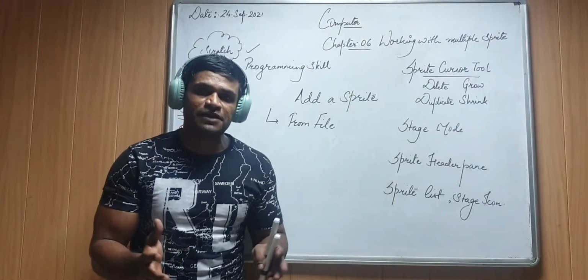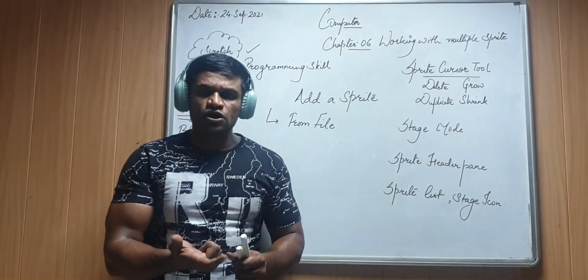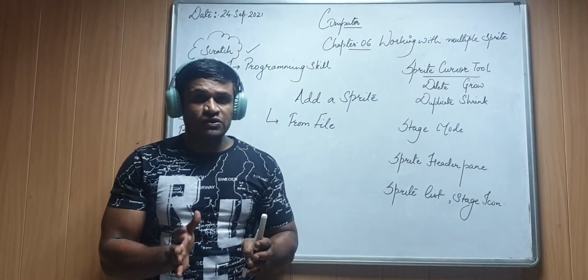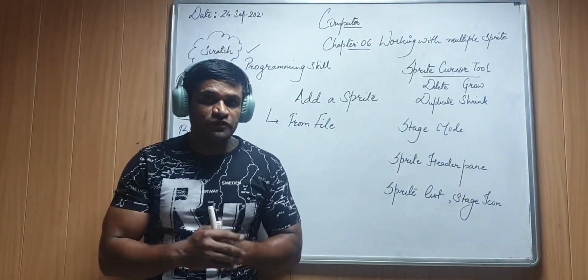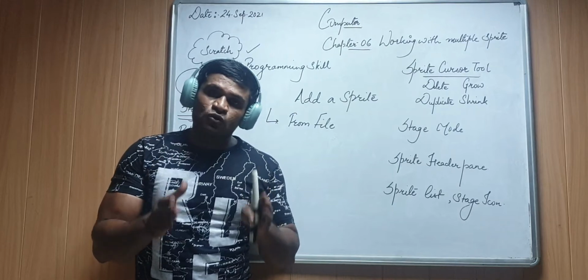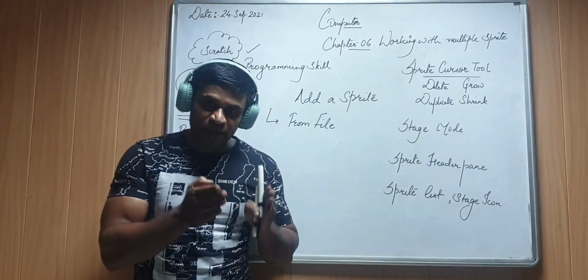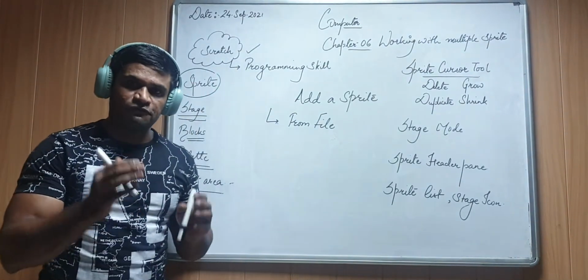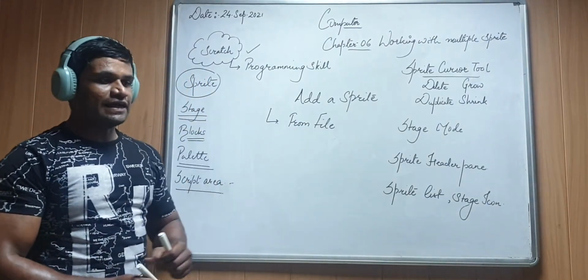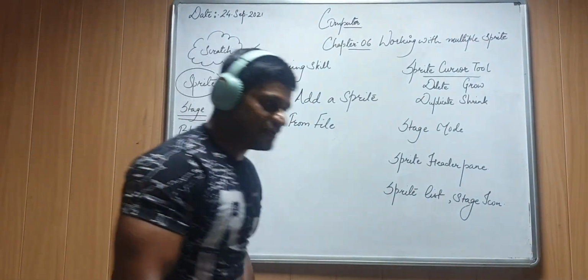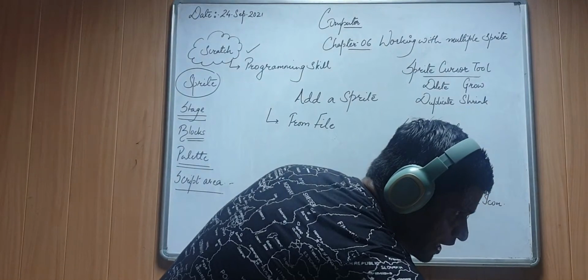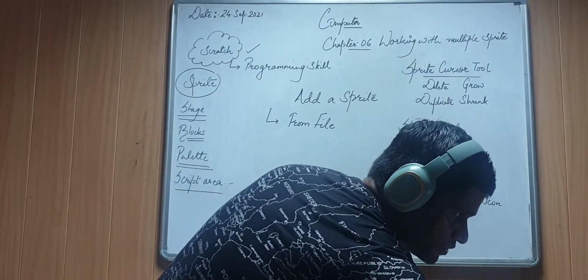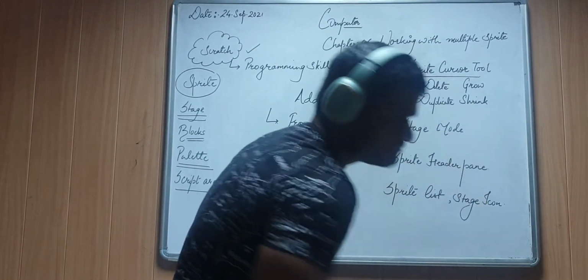Normally what do we make a sprite from? It's a picture or you can say an image. So as you can see in your computer, lots of images can be stored. So you can create a sprite from those pictures, those images also. For that, what you have to do? You have to select the picture. Once you select and import the picture, it will be available on your computer screen or on the stage.